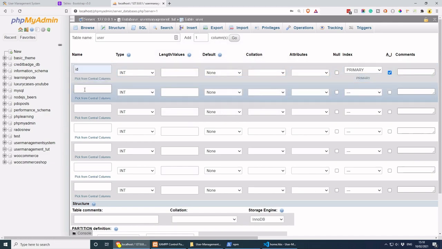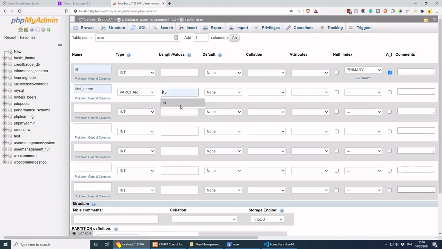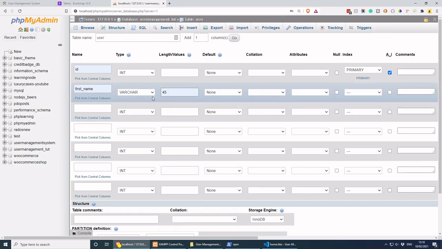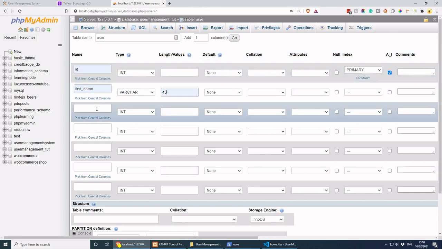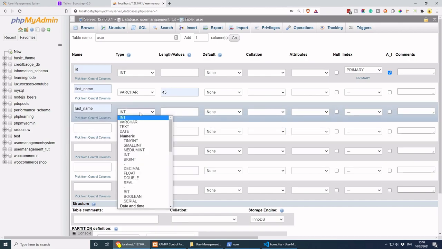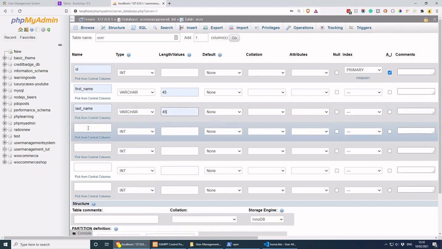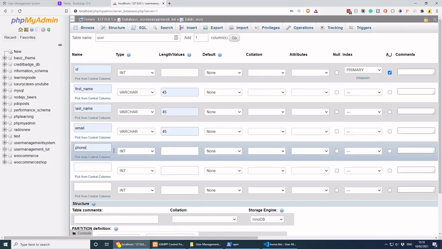Now, the next one I'm going to have is first name. This is basically going to be the user's first name. We can set this to varchar, and I'm going to keep it simple for now, maybe like 45 characters, but of course, depending on your application, you have to make the choice of how much length you want for that and so on. So let's keep it simple for now. Last name, varchar 45. Email, varchar 45. Phone, varchar